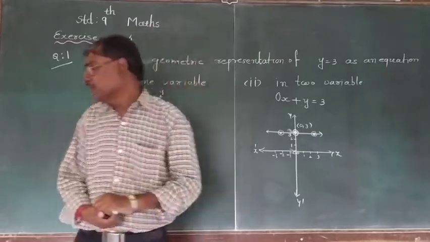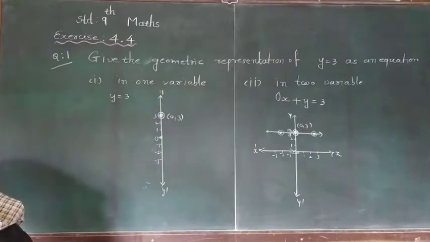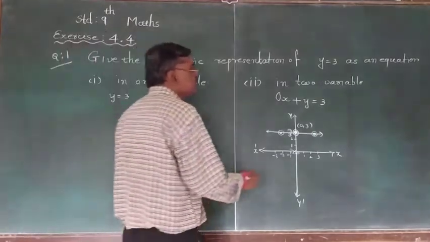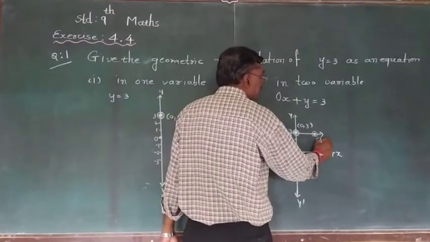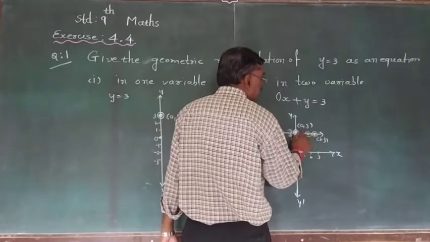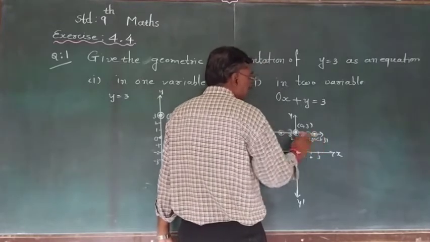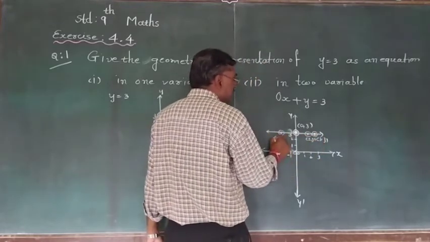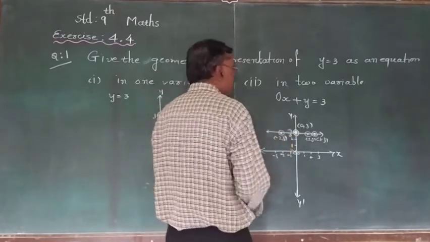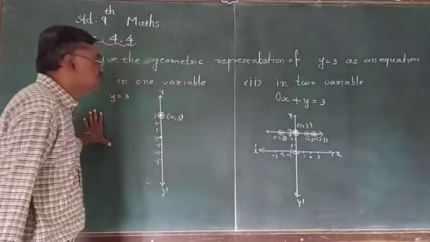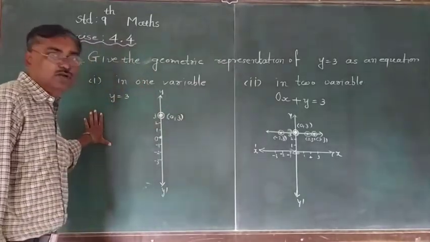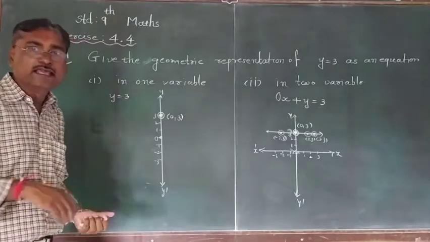So you can write this out in your notebook. We can represent this point 3, 3. If you draw here 2, 3, the x coordinate will change, but y will be the same. Minus 2, 3 in this way. So draw this figure in your notebook or on your graph. Now we will solve the second one.